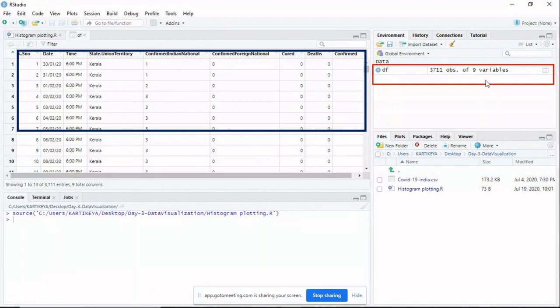So look at the columns. We have serial number, date, time, state or union territory, confirmed Indian national, confirmed foreign national, cured, deaths and confirmed. Okay, so this is your data set. It's a very big data set. But if I want to know what the different columns or headers are, we can use the head function.